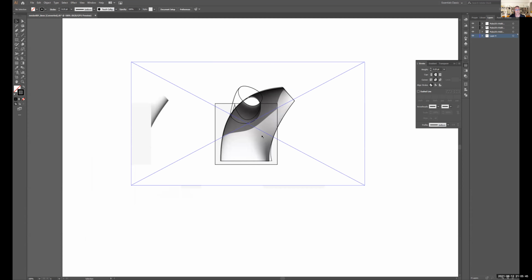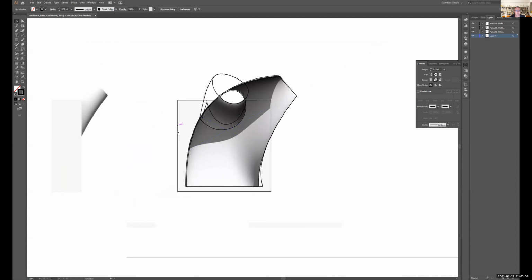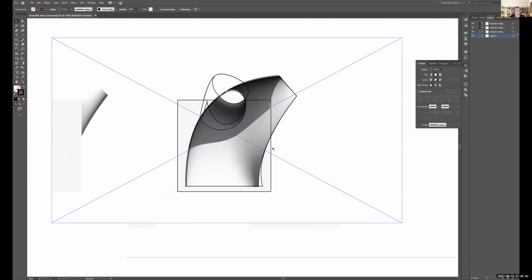So I'm not totally loving it, but you guys get the sense of being able to lay in the shadows behind. I think I probably selected one too many things, but ideally what we could get is the profile lines